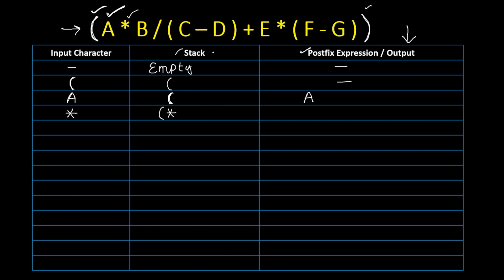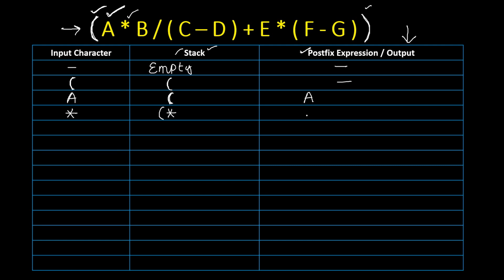Remember, generally how do we represent a stack? We represent a stack like this, right? So here the stack will look like this. Initially the stack is empty, nothing is there in the stack. Next we have pushed a left parenthesis. Next we have pushed the multiplication symbol. So this is how we generally represent a stack. But for our convenience, in this example, we are representing the stack like this. Okay.